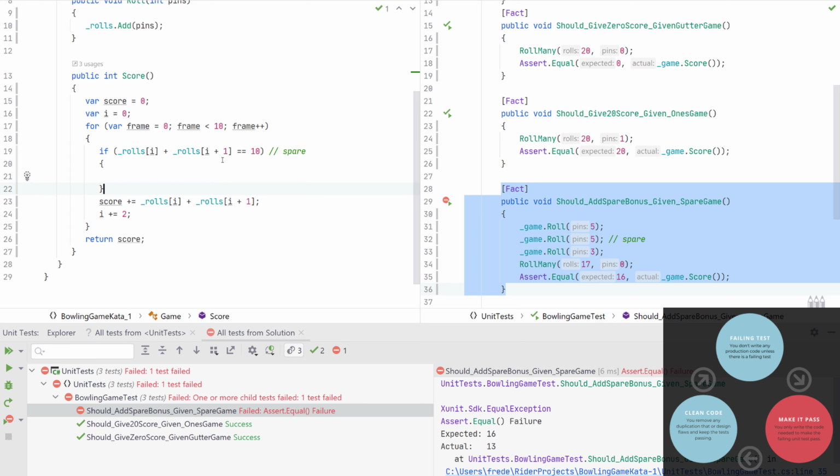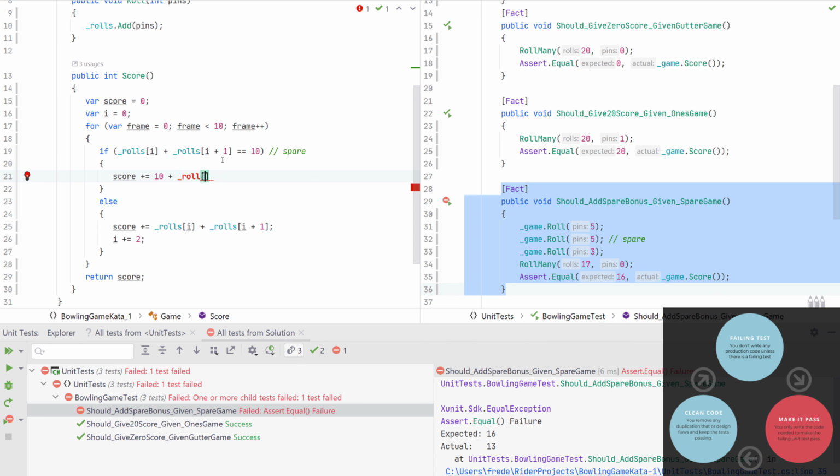This is our spare. And when it's not a spare, we want to calculate just as we usually do. So a spare gives us a score of 10 for the spare, and then it adds the bonus, which is the next roll, which is i plus 2.